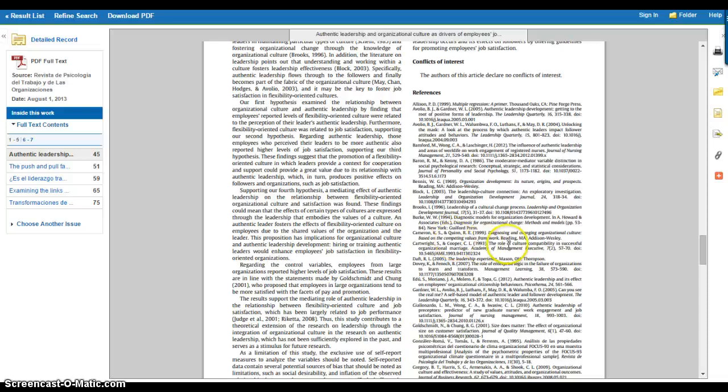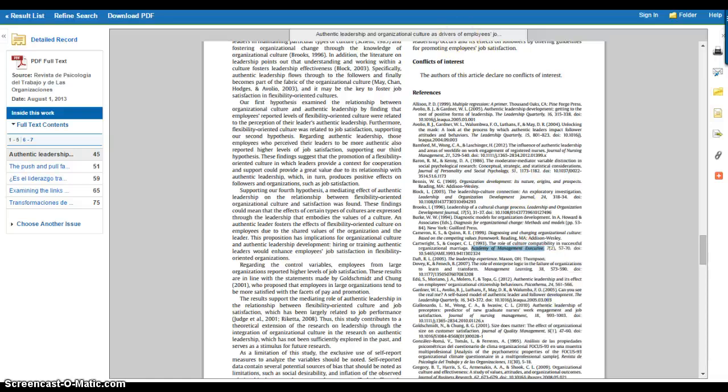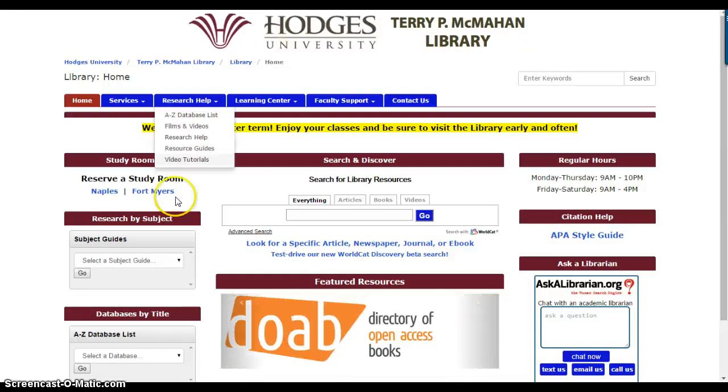For example, I haven't looked any of these up yet, so I can't tell you if the library has it or not, but this one, The Role of Cultural Compatibility in Successful Organizational Marriage, is from the Academy of Management Executive. So if I copy that, and then I go to the library page, where it says look for a specific article,